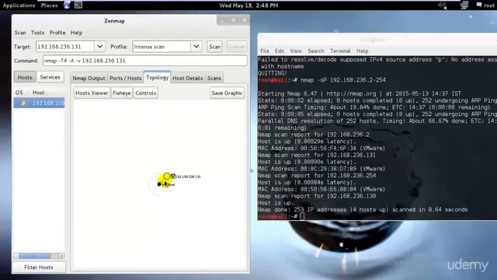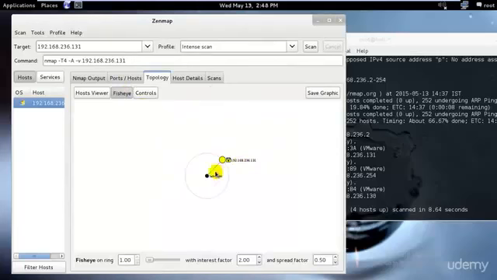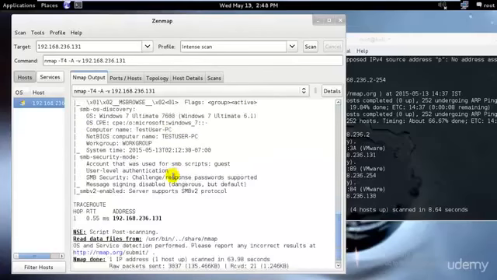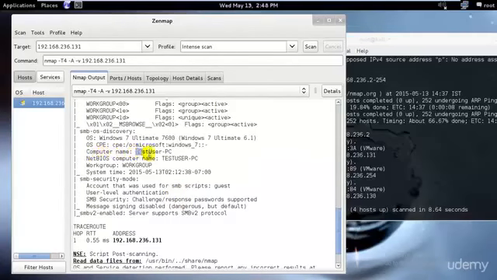These are connected directly. If I am connecting through the internet, then there will be multiple computers along the routes through which I am going, and it will show me through the fish eye where exactly my computer is by connecting it to several computers. And as you can see, we have the TCP sequence prediction, that is 263. That means we can easily go ahead and penetrate into that. Again, the operating system is Windows, and we have all the information that we need. So the computer name was test user, since